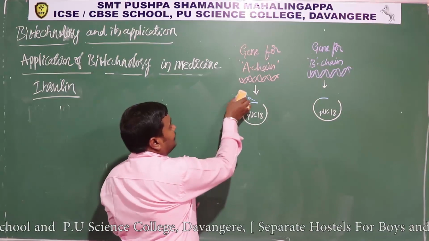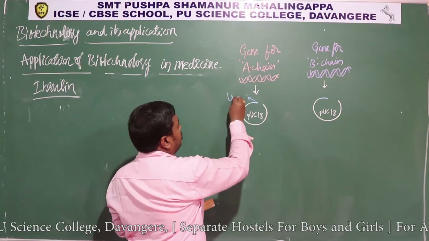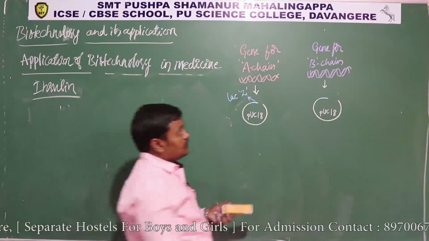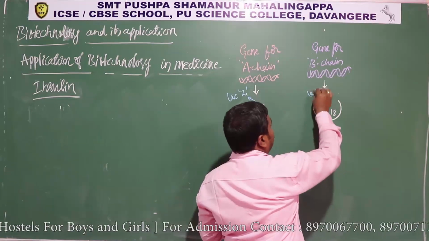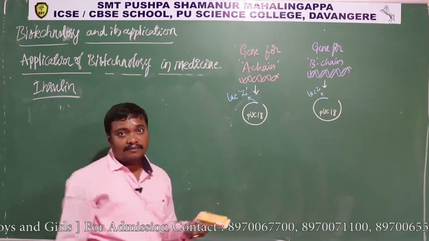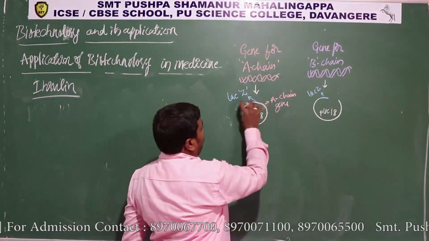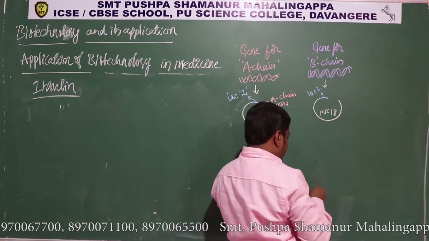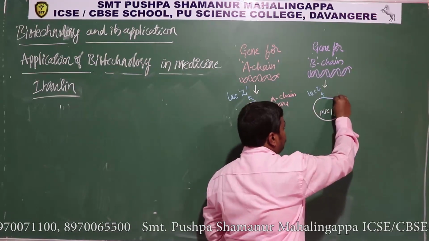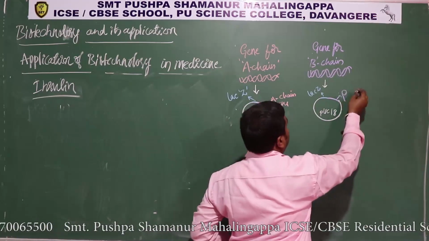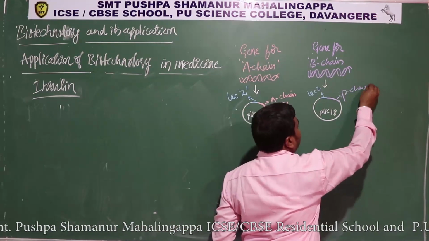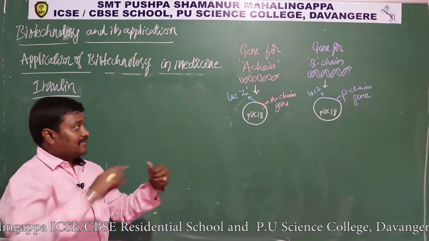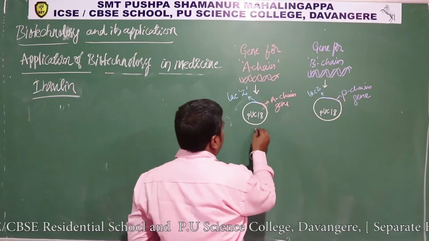this is not the product, this is a LAC-Z gene. Okay, as a reporter gene, LAC-Z is there. So here they inserted, after LAC-Z, the A chain gene. Similarly, near the LAC-Z gene they inserted the B chain gene. This is a B chain gene. Okay, both of these plasmids are separately introduced into